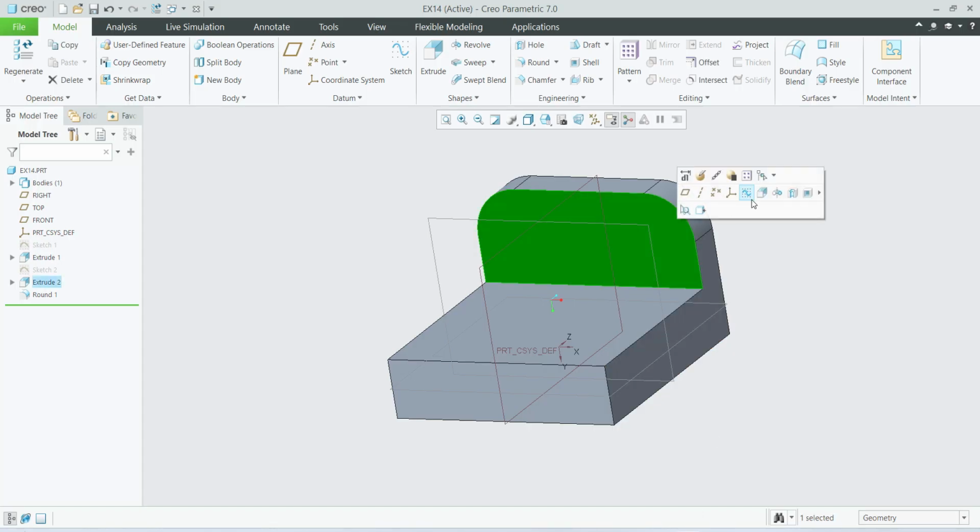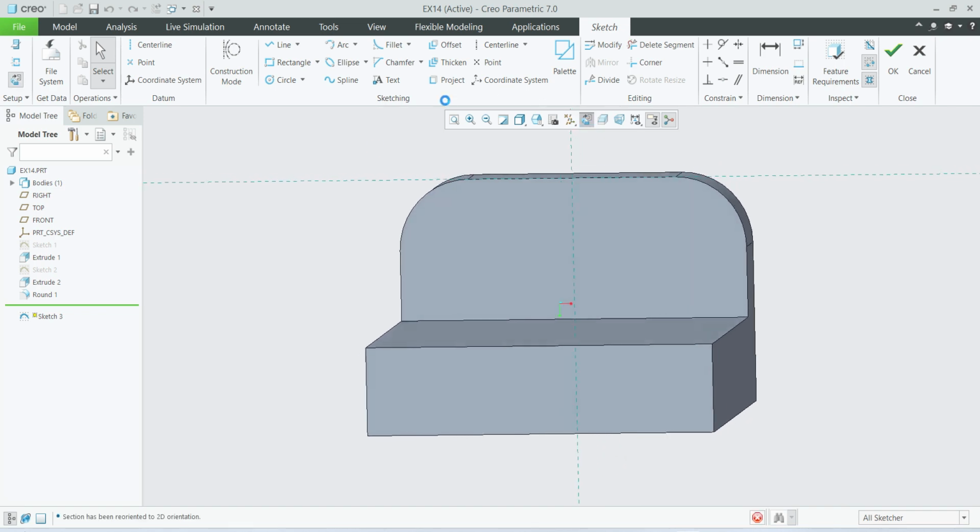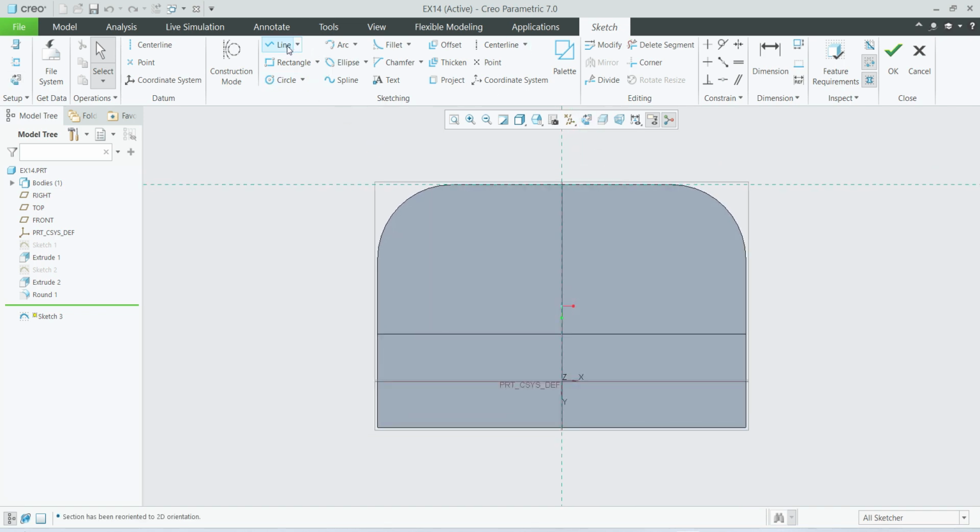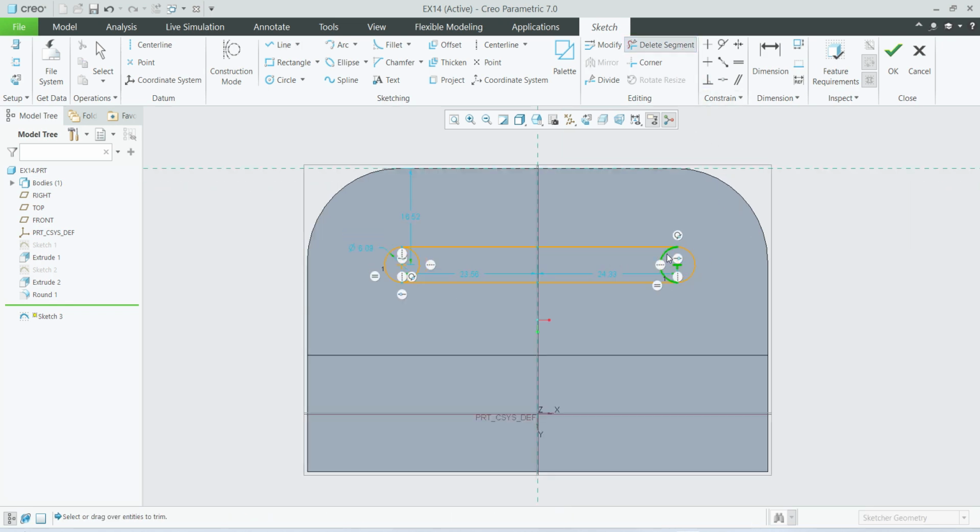For that select the surface, sketch, select circle, give the equal constraint, select line, select delete segment, select both unwanted lines,